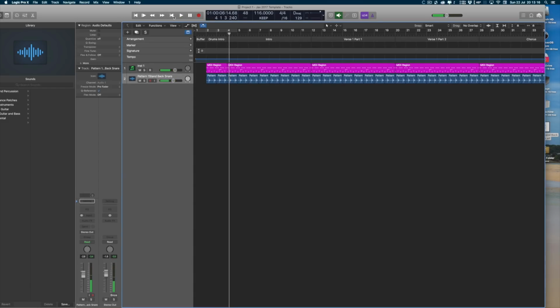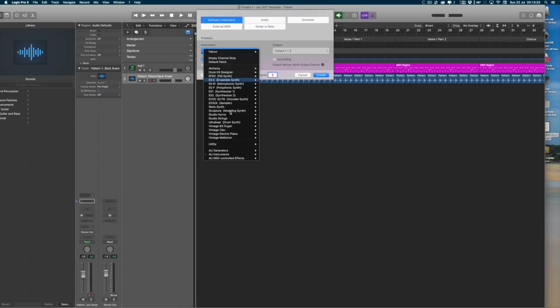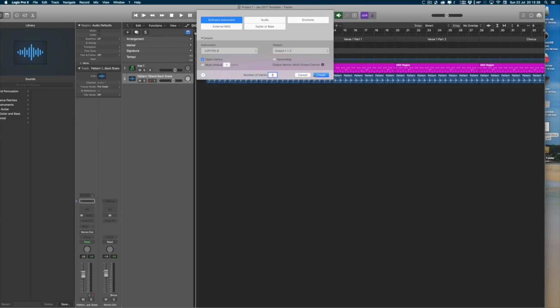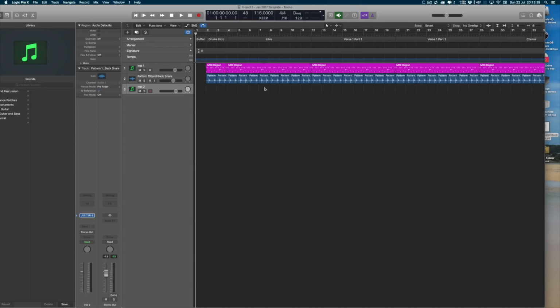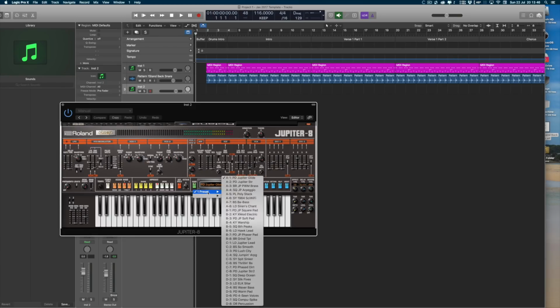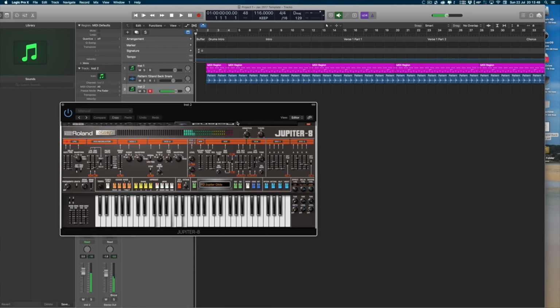Alright, so the next instrument we'll do is the bass, which is the Roland Jupiter 8. Now I have a Roland Cloud subscription, so I'm going to use that just to be easy. I've got my own Jupiter 8 boutique box that I scored a couple of months ago, but I'll just use the Jupiter 8 right now by Roland. So it's got some amazing